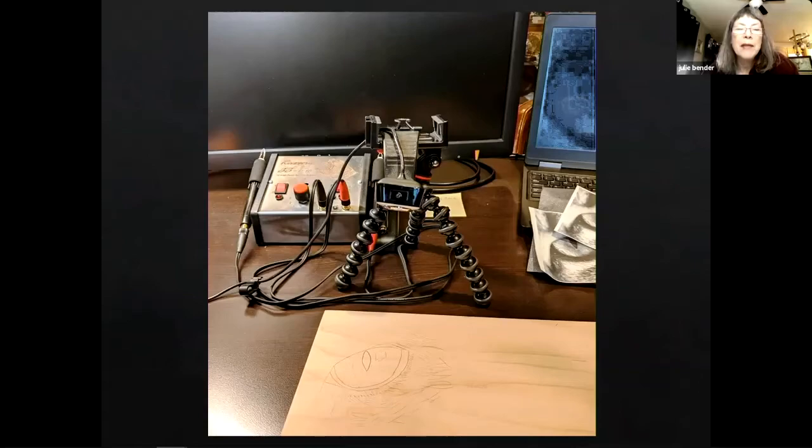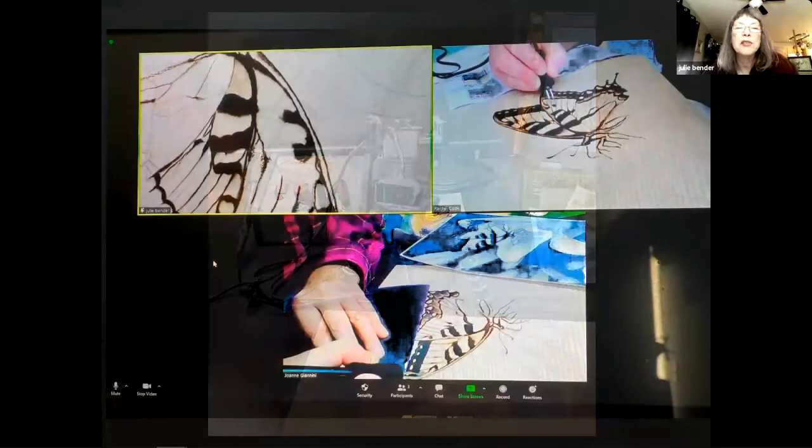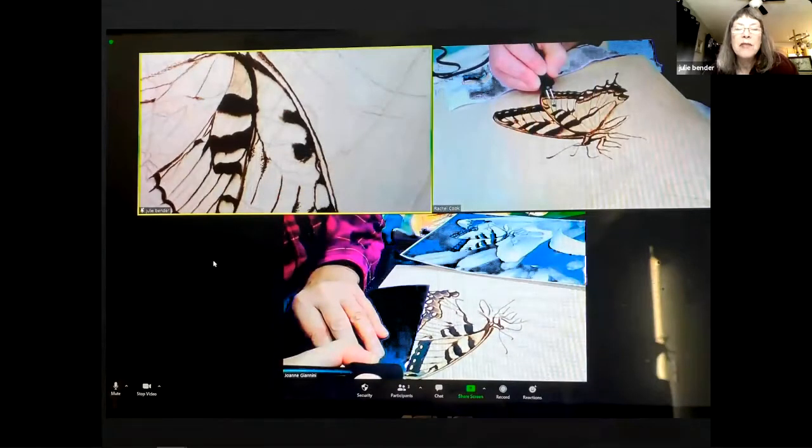I recommend it to all my students so that I can actually help them while they're working, which really comes in super handy. So that's an example right there, where their cameras are pointed at their work, and through the internet and Zoom, I get to watch them work, and I can stop them in their tracks and say,